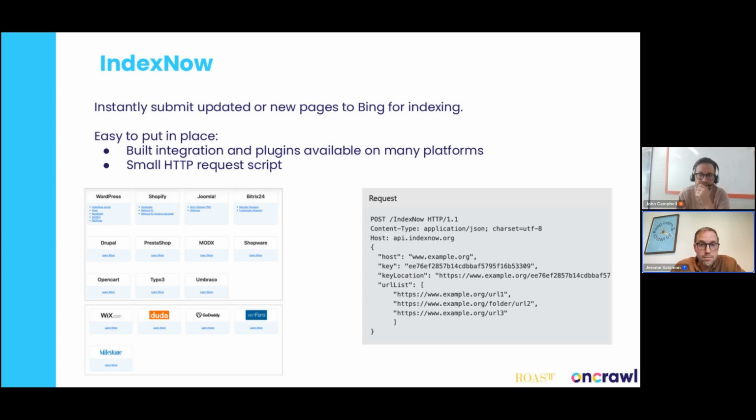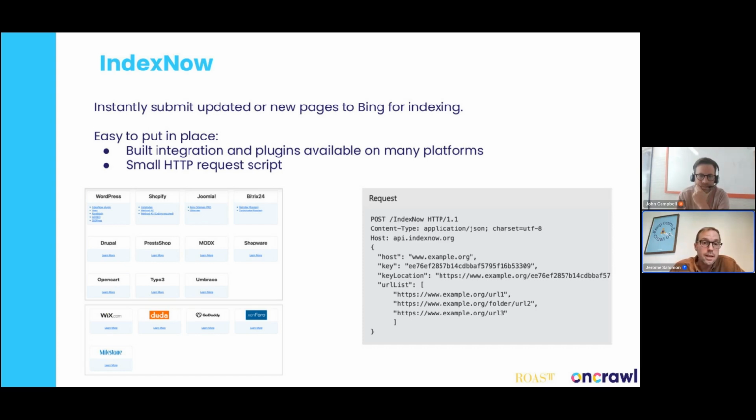Another great thing about Bing is that they use the IndexNow API, and that's an easy way to ask Bing to index new pages. So you can use the built-in integrations or the plugins. As you can see in the list, Shopify, WordPress, some Wix as well. They have it built in, so they will send the new pages, the new content